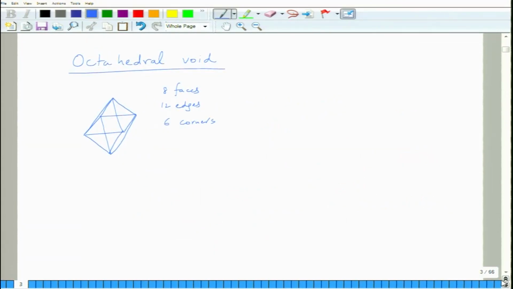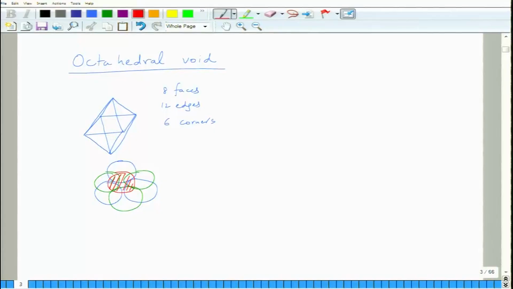Now this octahedra can be found in an ABC or AB kind of packing. The configuration looks something like that. So you have an atom sitting here, the next layer goes there, and the next layer which comes on top does not need to go exactly on top of A, it can go to C. So you will have this kind of arrangement, so this atom which is sitting at the center is surrounded by 3 at the bottom and 3 on top. It has 6